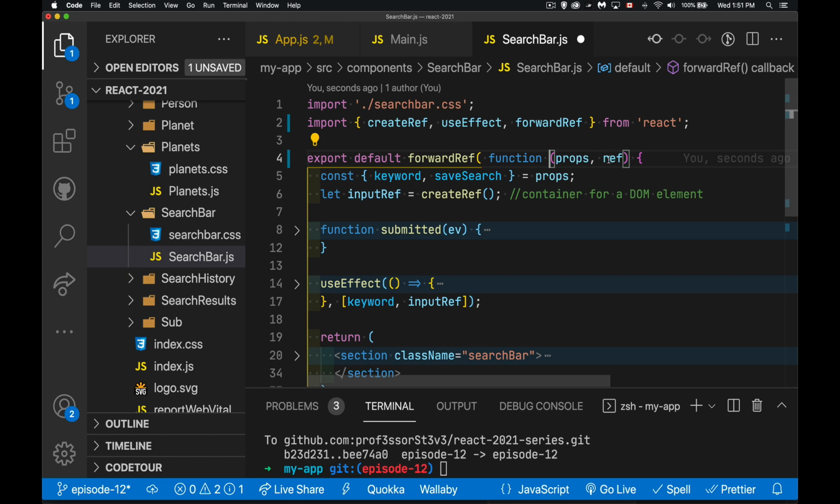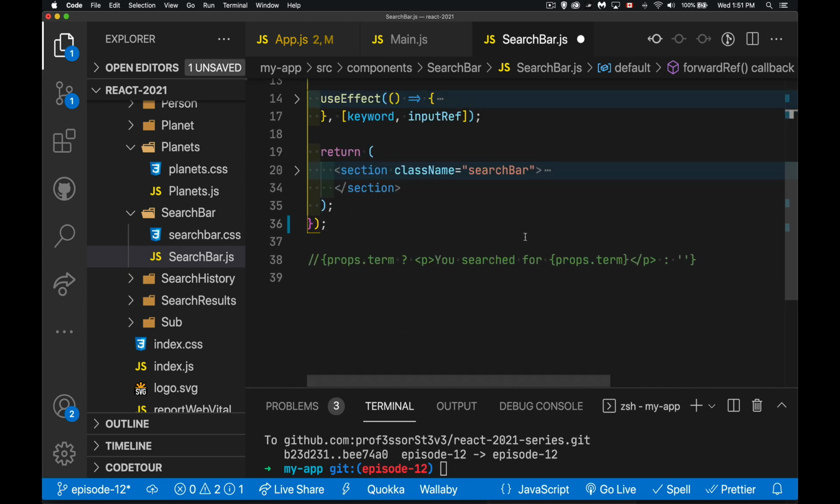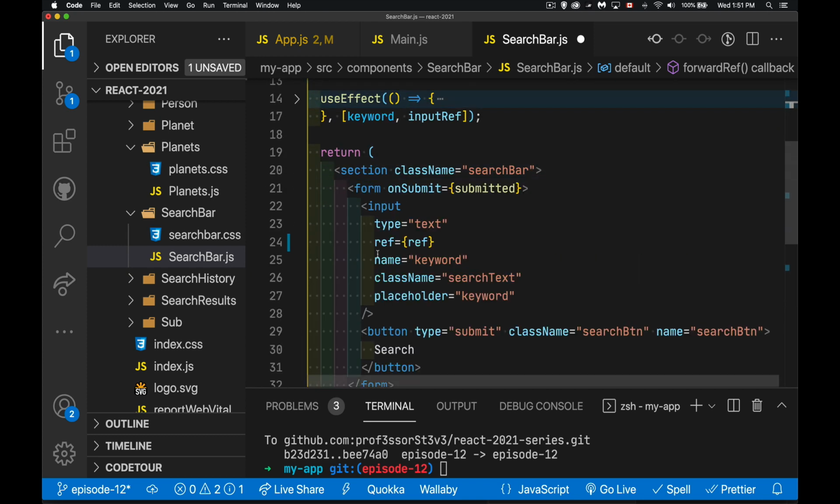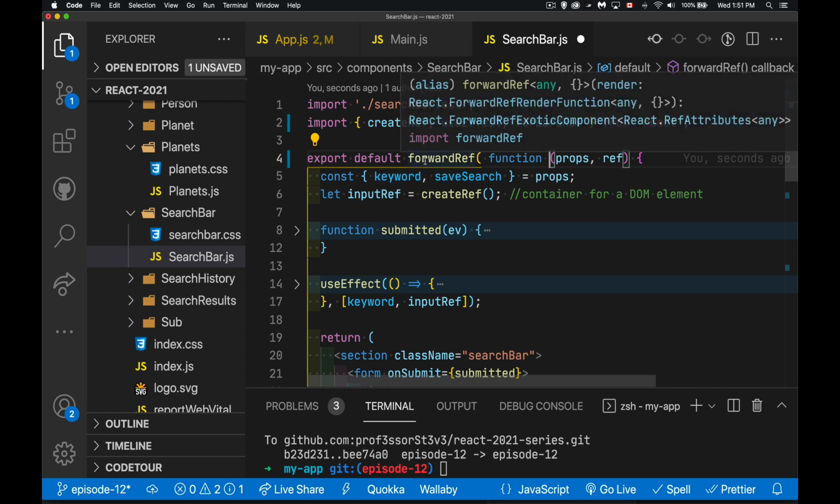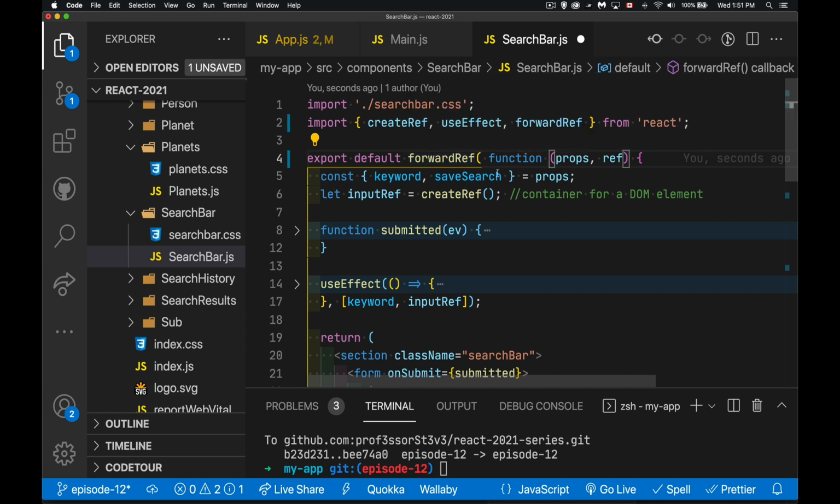So the ref, whatever the name of it is here, that's what you put inside your element that you want to be the ref. So it's going to take it from here and go back up and forward that ref, or populate the ref that was forwarded from app down into here. The only